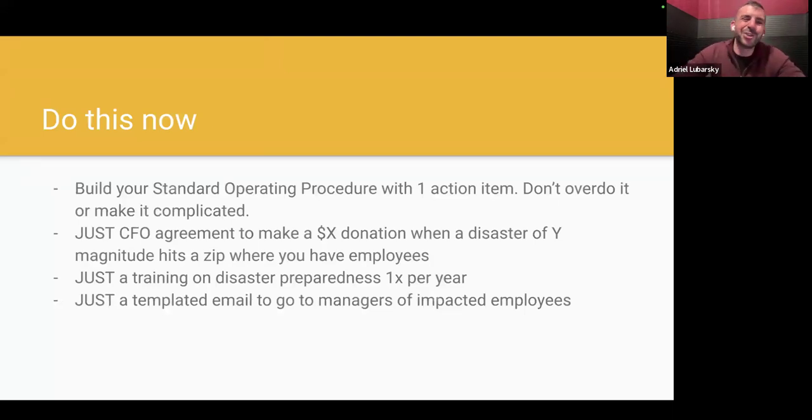So, if I were in your shoes, where would I start? What would I do? I would do this now. Build your standard operating procedure just with one action item. Don't overthink it. Don't make it complicated. Don't make it cost a lot of money. Just one thing. So just get your CFO to agree to make some sort of donation, $1,000, $50,000, $1 million if you're a giant, giant company,